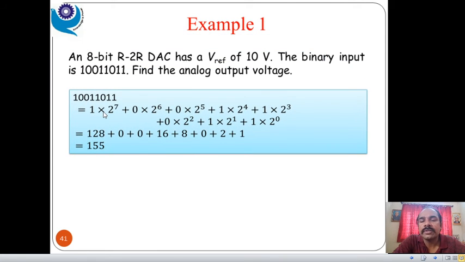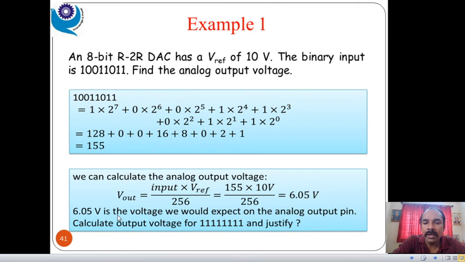For these binary patterns we can see over here the conventional conversion that we know, how a binary is converted into decimal. In this fashion we convert 2 raised to 0, 2 raised to 1, 2 raised to 2 in this pattern. Wherever there is a 0, that is multiplied by 0, and the answer will be 0. This conversion you all know. So for this binary pattern we get this 155 decimal value, isn't it? It is a decimal value. Now we need to convert it into the voltage. So this is the formula.